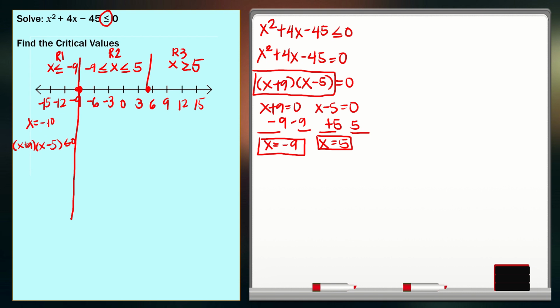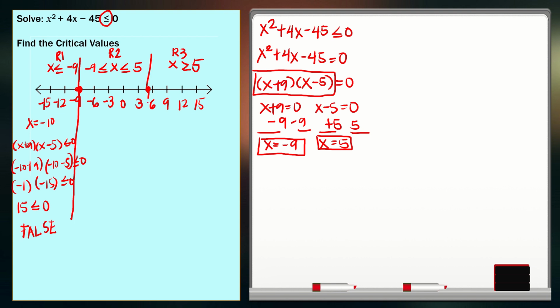So we substitute the value we have here, that's negative 10 plus 9 multiplied to negative 10 minus 5 is less than or equal to 0. Negative 10 plus 9 is negative 1 multiplied to negative 15 is less than or equal to 0. Negative 1 times negative 15, that's positive 15, is less than or equal to 0. The question is, is it true that 15 is less than or equal to 0? The answer is false. We know that 15 is greater than 0. That's why the inequality symbol is incorrect.